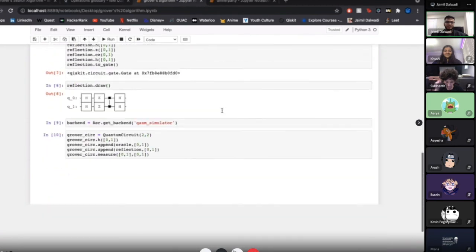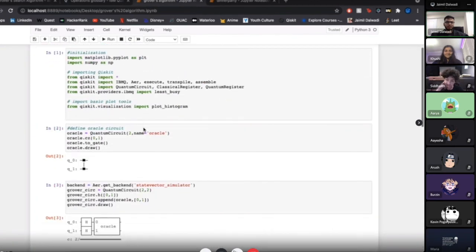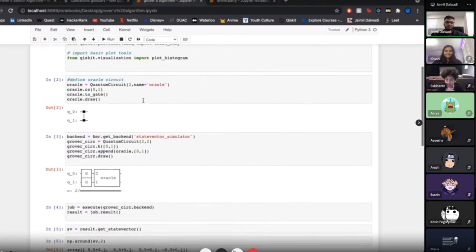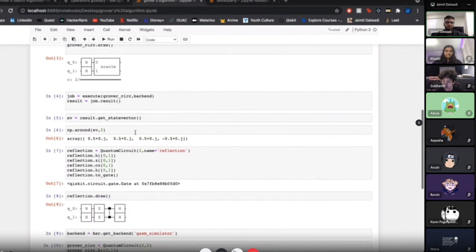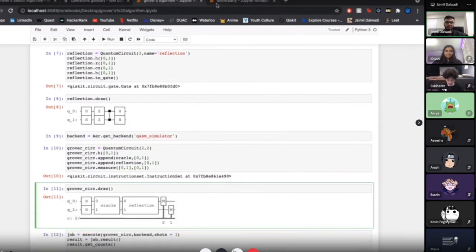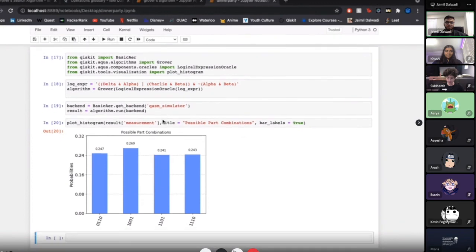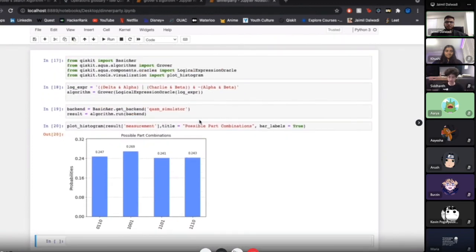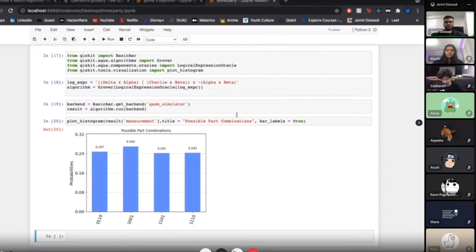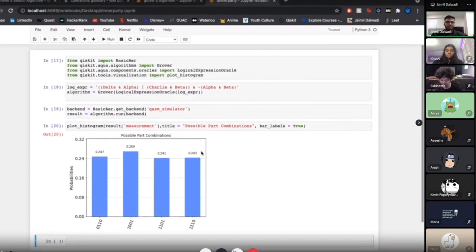Here's Grover's algorithm in code. Not very important. You import some different things and you make a few lines of code and you get it. Here's an example of the party: we want to invite 4 people, but one of them doesn't get along with the others. Then you want to find all the possibilities that you can do. So you can invite 1, 2, and 3, but you can't invite 4, for example, right? This is what I wanted to show, but I guess we don't have time.